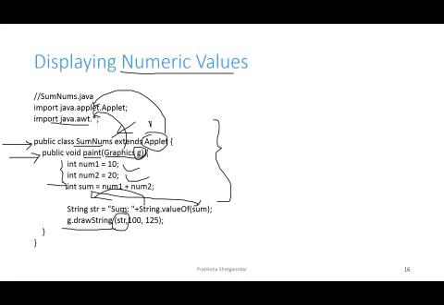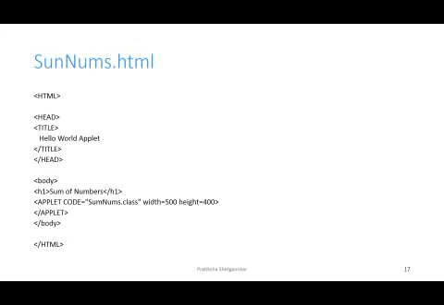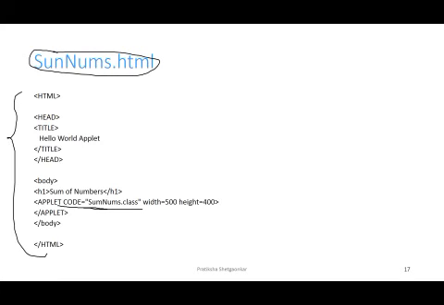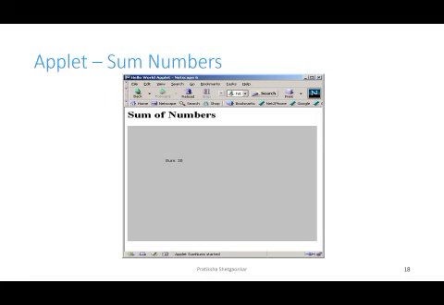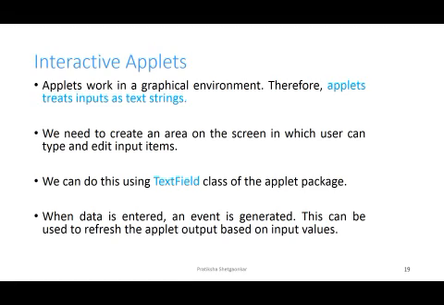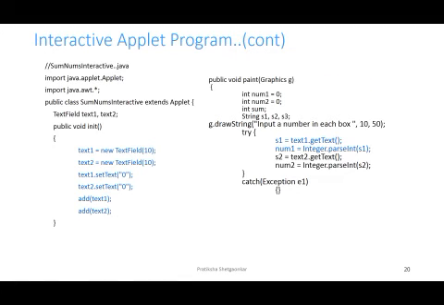Sumnums.java. So this is my .java code. Now this .java code needs to be embedded in this HTML code, and this .java code will be first compiled, and we get the Sumnums class file, which will be given as the value to the applet's code attribute, and this will be saved as what? Sumnums.html, and then we can load it on the browser, and this is the output we are going to see in the browser.